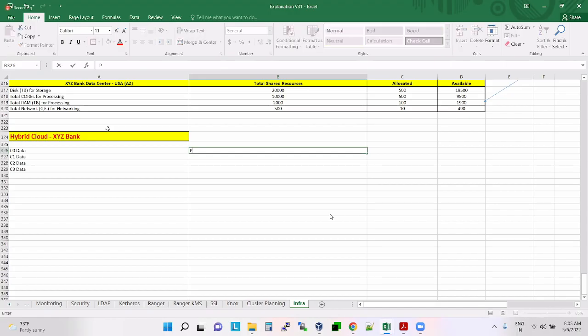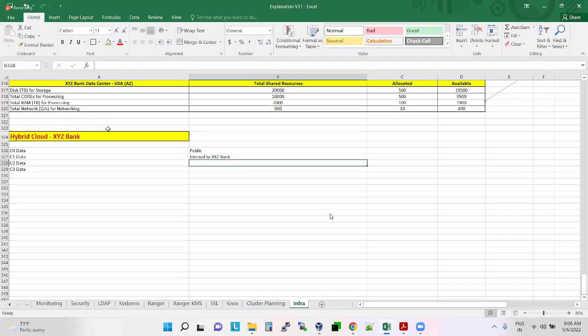C0 data can be seen by the public also. C1 data is internal to the company, internal to XYZ Bank. C2 data is restricted, internal to the project, and internal to management.